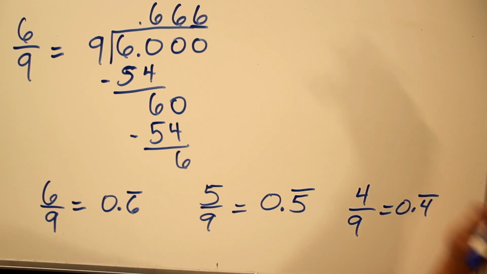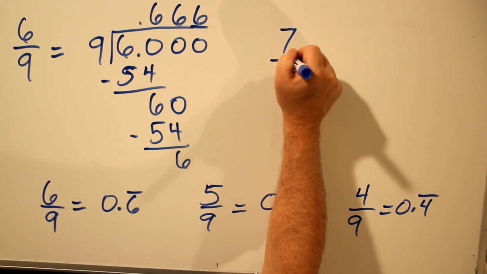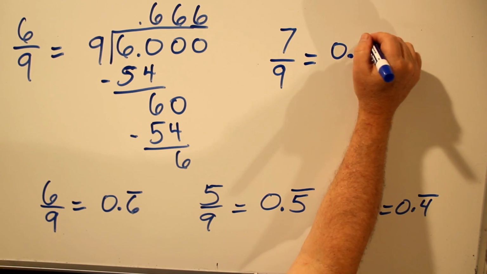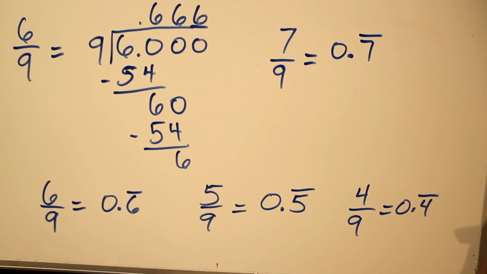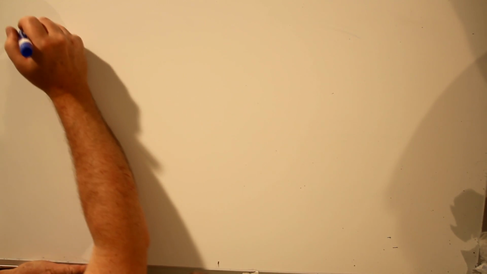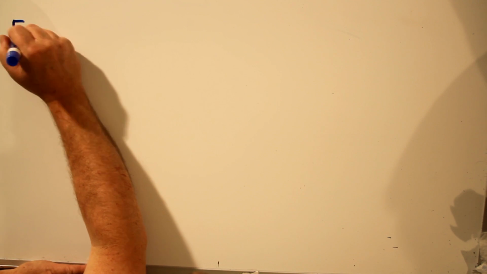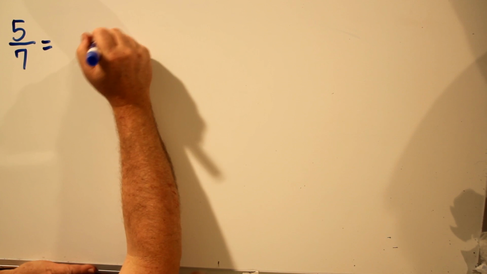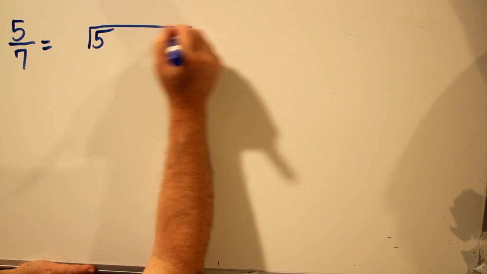If we had 7 over 9, without even doing the division, I think we can guess that it's going to be 7 repeating. And you see the pattern. So anything divided by 9 is going to give us a repeating decimal equal to the number that's divided by 9. Let's try to stretch the imagination a little with something like 5 over 7, which is 5 divided by